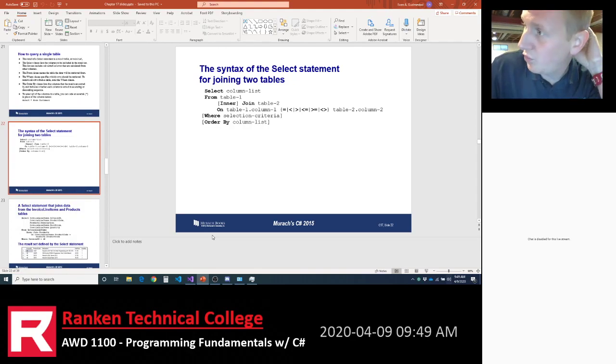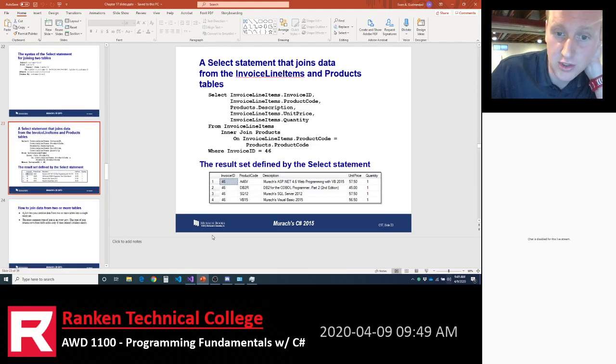When you're doing a select and you're like, hey, I want data from more than one table, you have to do what's called a join. You have to join tables together. Again, we're going to get lots of practice doing joins.